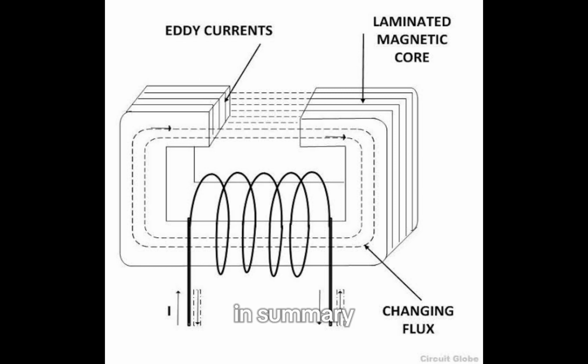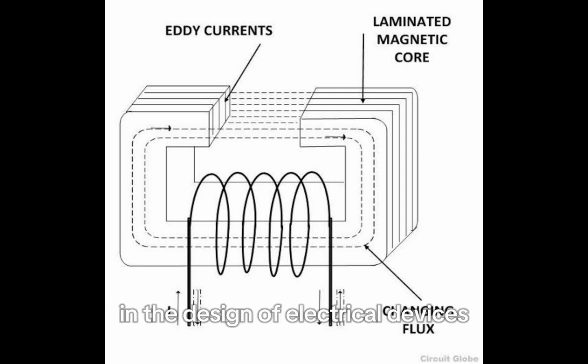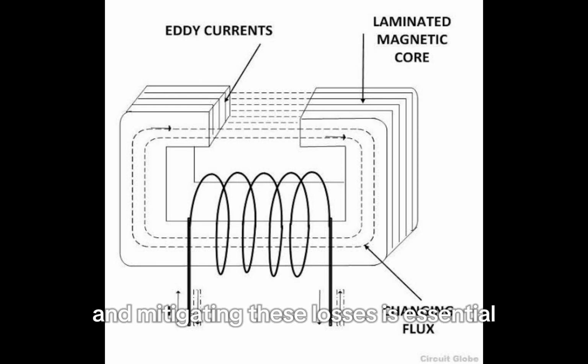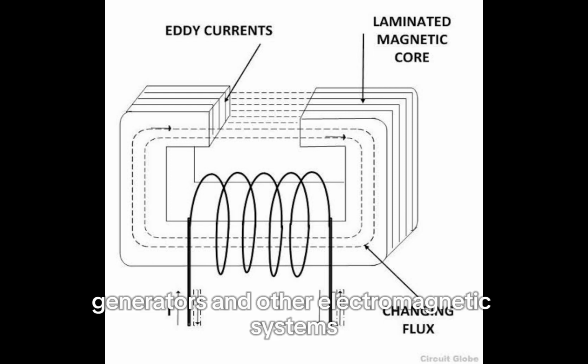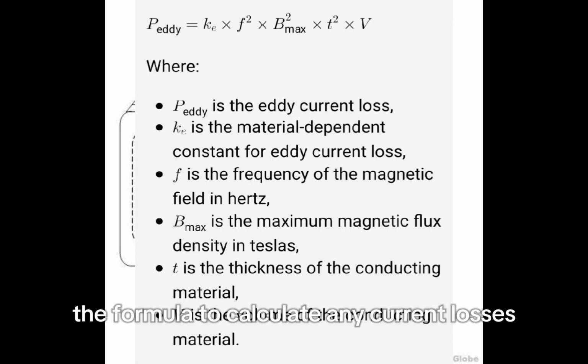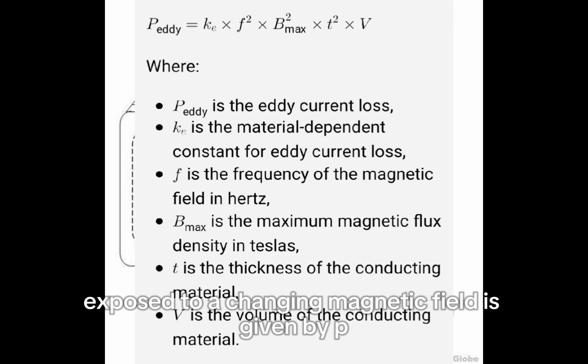In summary, eddy current losses are an important consideration in the design of electrical devices, and mitigating these losses is essential for improving the efficiency and performance of transformers, generators, and other electromagnetic systems. The formula to calculate eddy current losses in a conductive material exposed to a changing magnetic field is given by